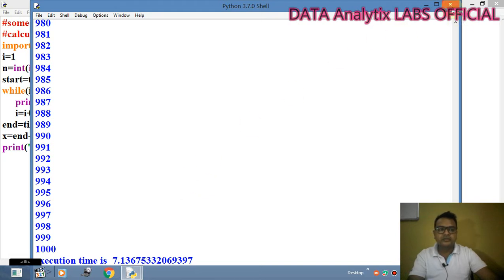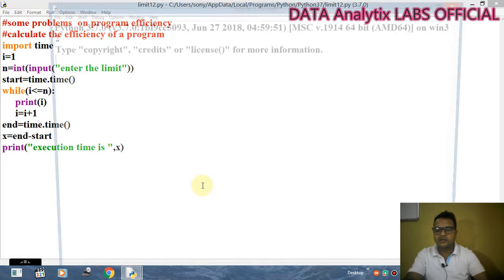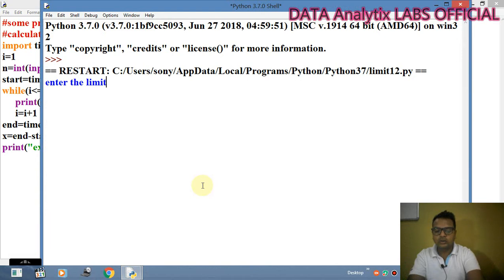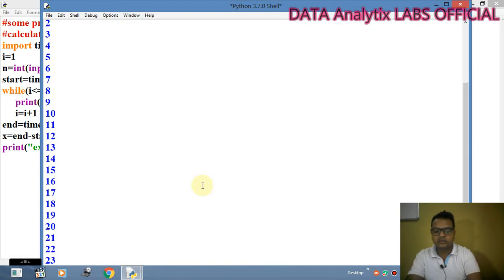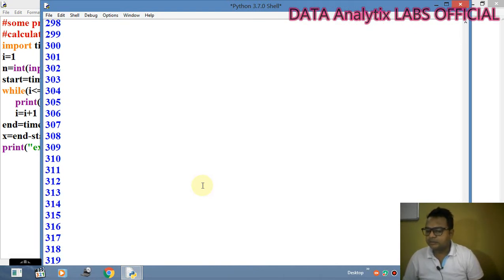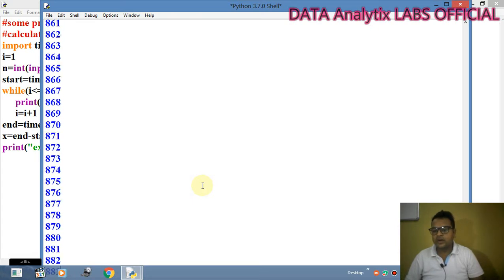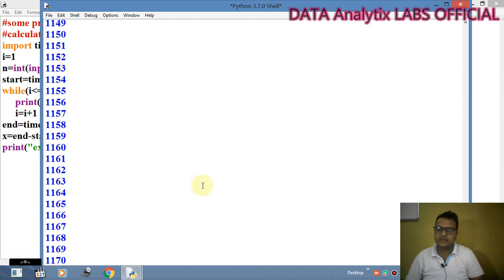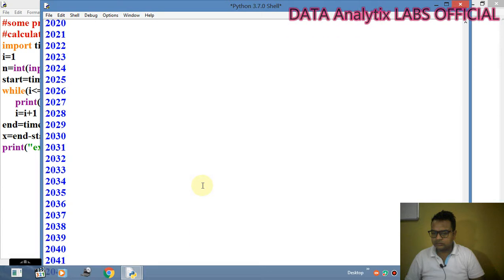Now again, if I pass a value like 5000, it will take time. 7 seconds for 1000, so approximately 7 into 5, 35 seconds. That is my prediction only, but almost it will take that time.